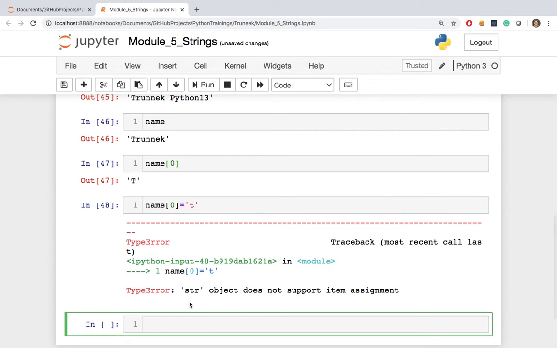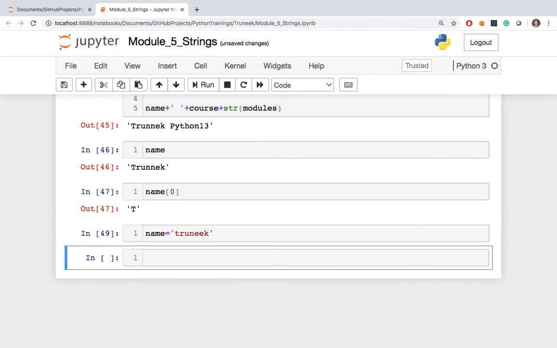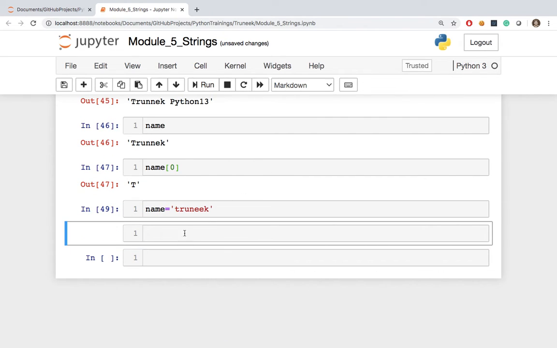That is also not allowed because a string does not support item assignment. However, I could change the entire variable by using the assignment operator. That could be done. So now the name is being changed,